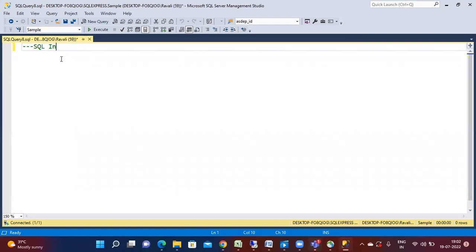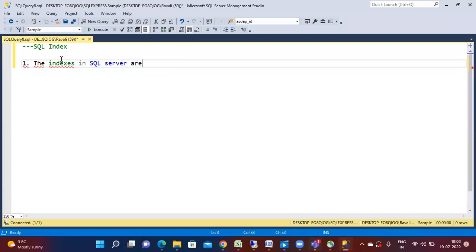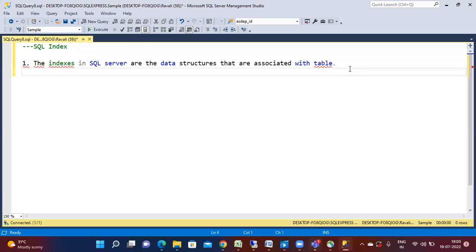So our today's topic is SQL index. Indexes in SQL Server are data structures that are associated with the tables. Okay. So what indexes will do is